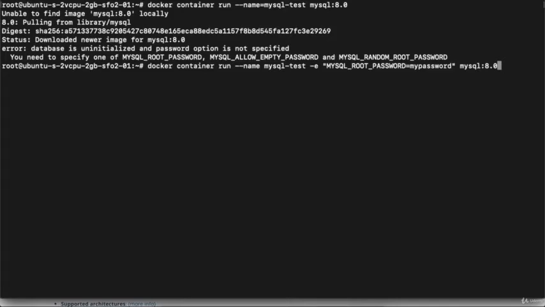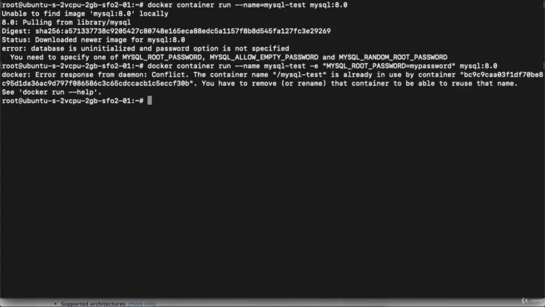right? So in the first attempt, it will fail. Let's execute and see, it is failed, right? And it is saying: error response from the daemon, conflict, the container name. So you have seen we used the same container name earlier, and again we are using the same container name. Although the container was not started, it has created the reference entry. So first we need to remove the MySQL container mysql-test, or you can rename your container, right?